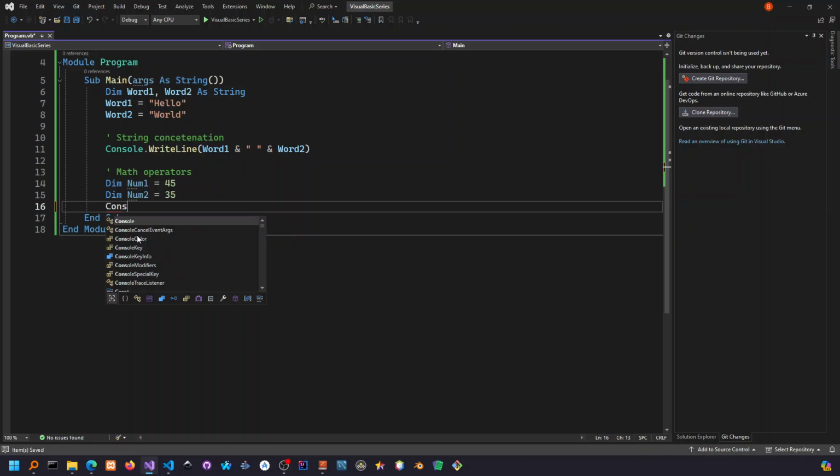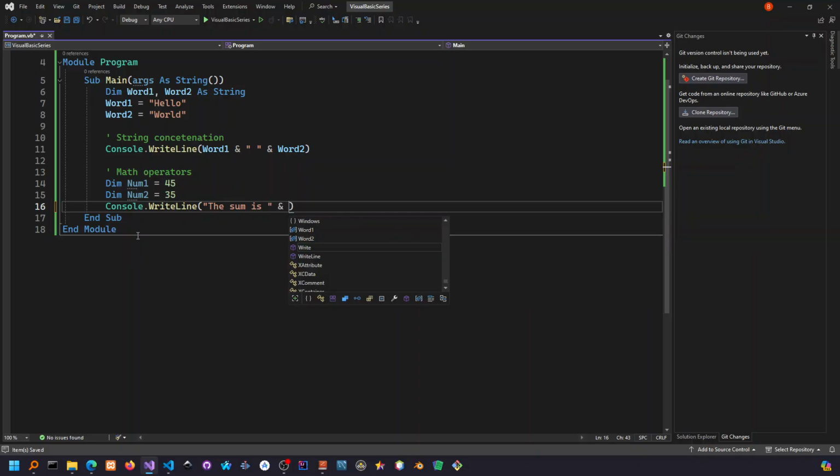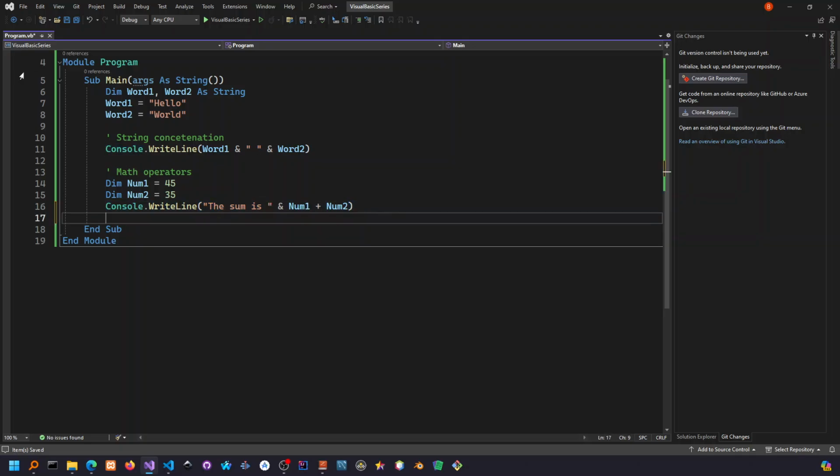So we can Console.WriteLine. Then we want to say the sum is, then we simply need to concatenate this output with num1 plus num2. Right, so that should give us the sum of the two values. Then with subtraction, we can go ahead and say the difference is, then we can make use of the